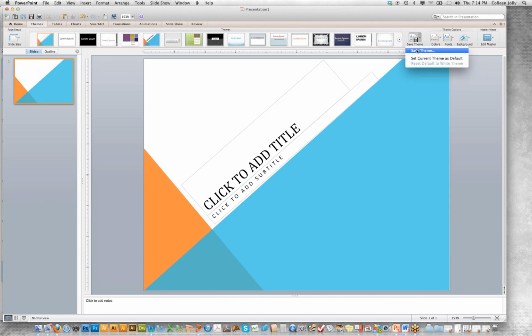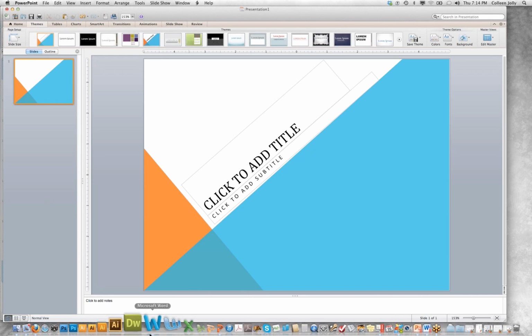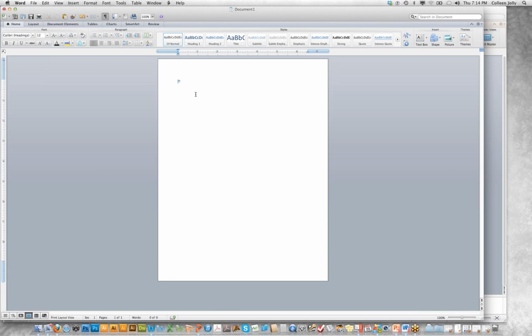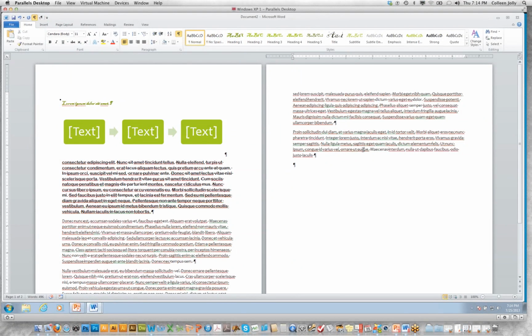And then when we save this theme, this will then be accessible in Word. So that is the one way to make a custom theme for your Word on a Mac side. The other option is to not use your themes at all, but to just use your available styles and to create all of your styles based on whatever fonts and colors that you want. So two different options for you if you are on the Mac side of the house. Back over here on the PC side,